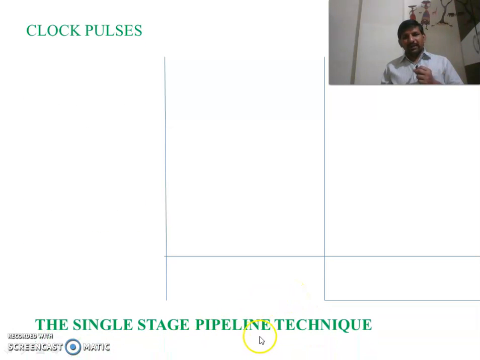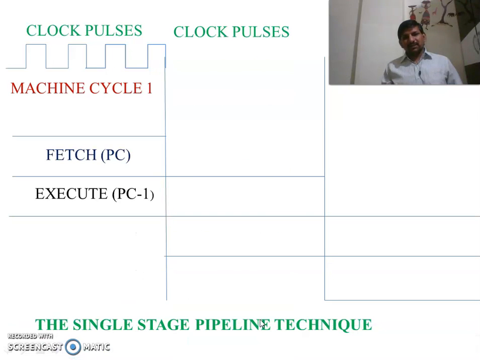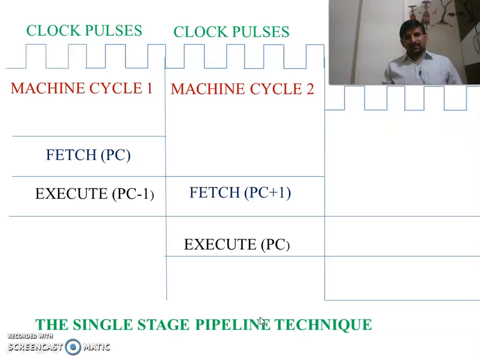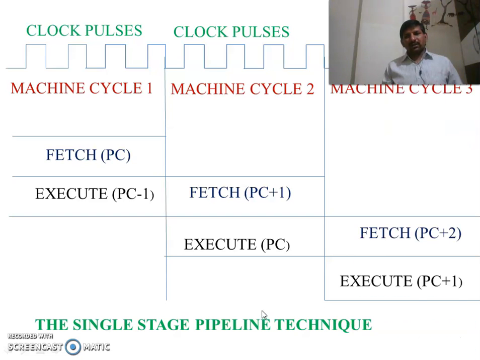Next, pipelining technique. Pipelining means like a pipe: parallelly processing multiple operations. So in a single cycle, it will fetch an instruction and execute another instruction. Instead of performing individual operations one at a time, we can fetch the next instruction and execute the current instruction. If you look at here, this is supporting single stage pipelining. Single stage in the sense: fetch the instruction, execute the instruction.